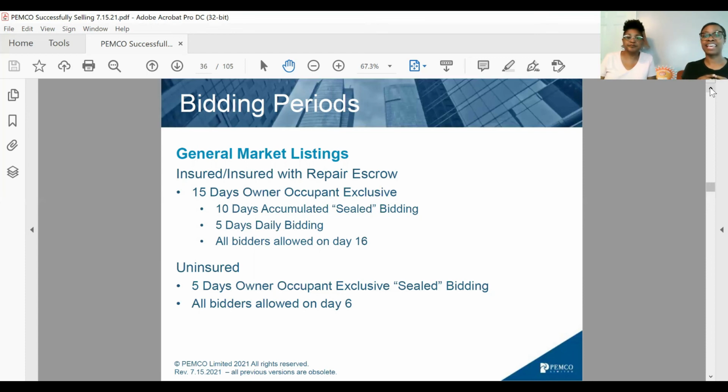In those 15 days, it could get snatched up by an owner occupant and never open up to investors. But if it goes past that and HUD hasn't been able to have a meeting of the minds with a potential buyer, then it's going to open up to the general market, so everyone will have access to it, investors and owner occupants. And then uninsured will have 5 days, and then it opens up to all bidders on the 6th day. And all this is on